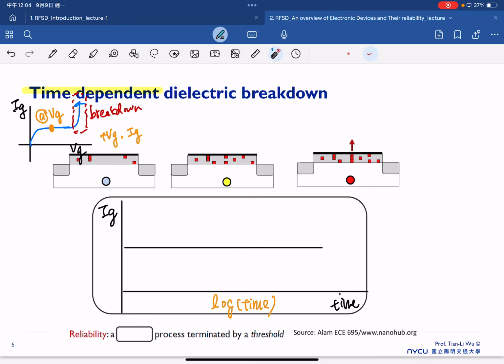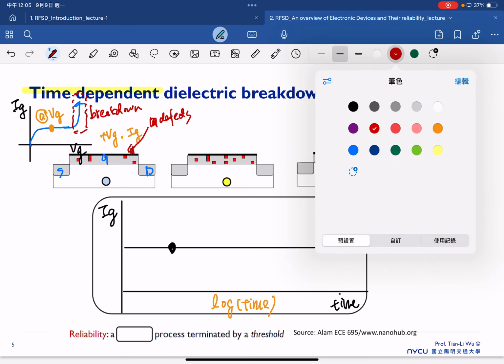once we start to operate the VG with a certain amount of time up to here, there's a possibility this transistor will start to generate a defect in the dielectric. So this is the source, this is the drain, this is our gate. And the red square means the defect. But right now we only have a small amount of generated defects, so the gate current actually won't change a lot. But with the time passed by up to here,